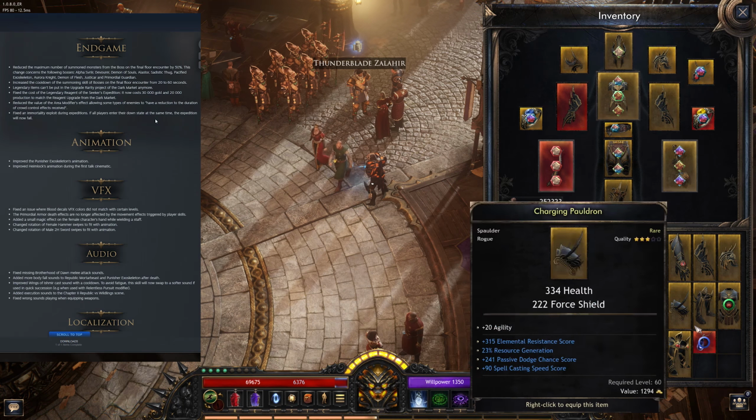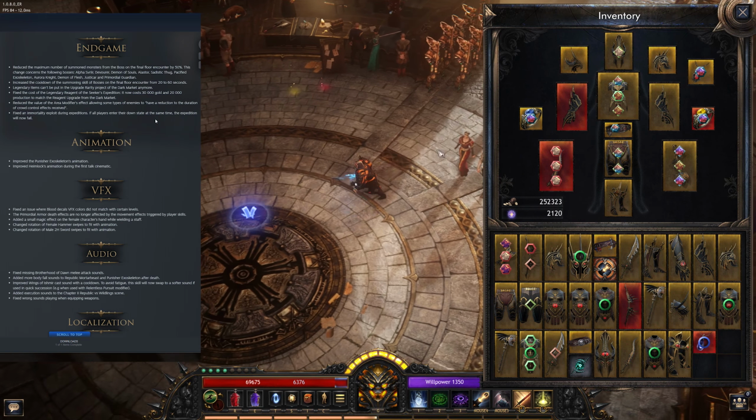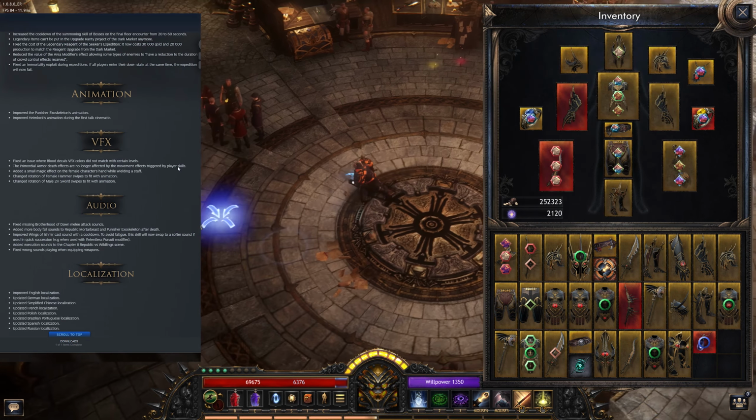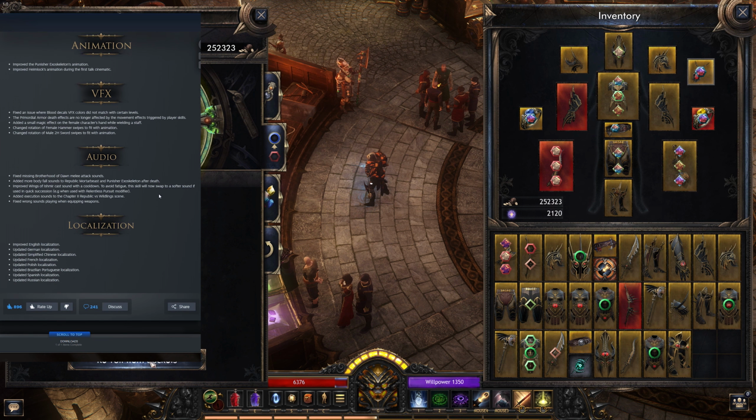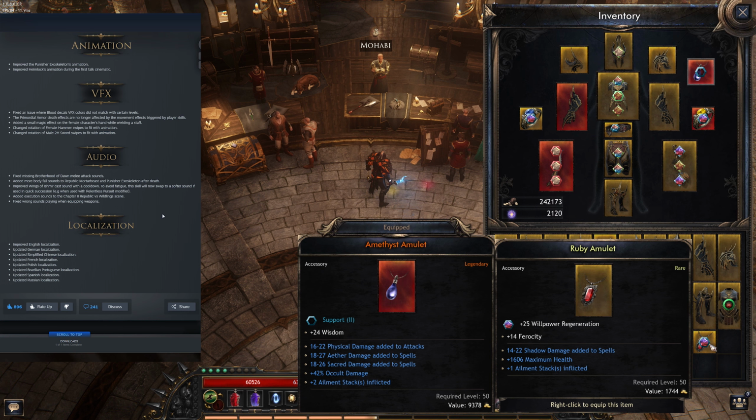Animation fixes, improved Punisher Exoskeleton's animation and Heimlock's animation during the first talk cinematic, a few VFX things here and there, nothing crazy, change rotation of female hammer swipes, male two-hand sword swipes,